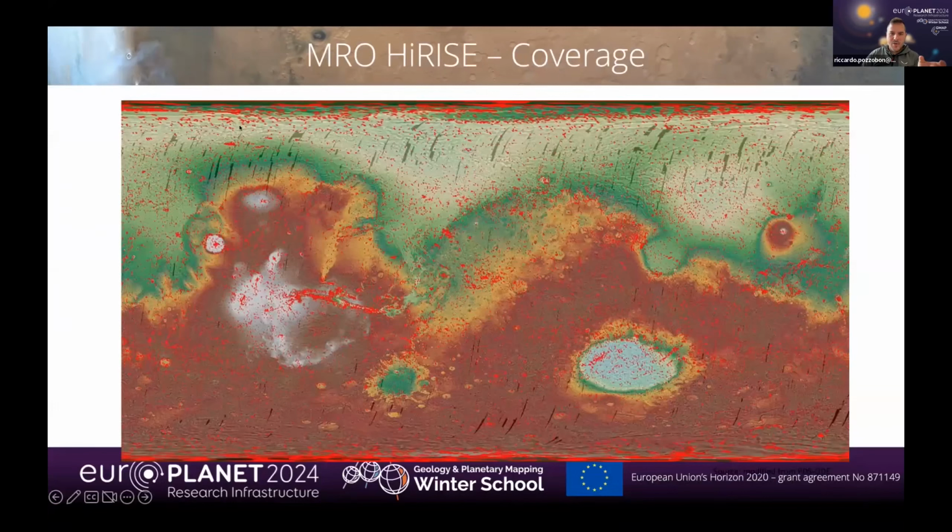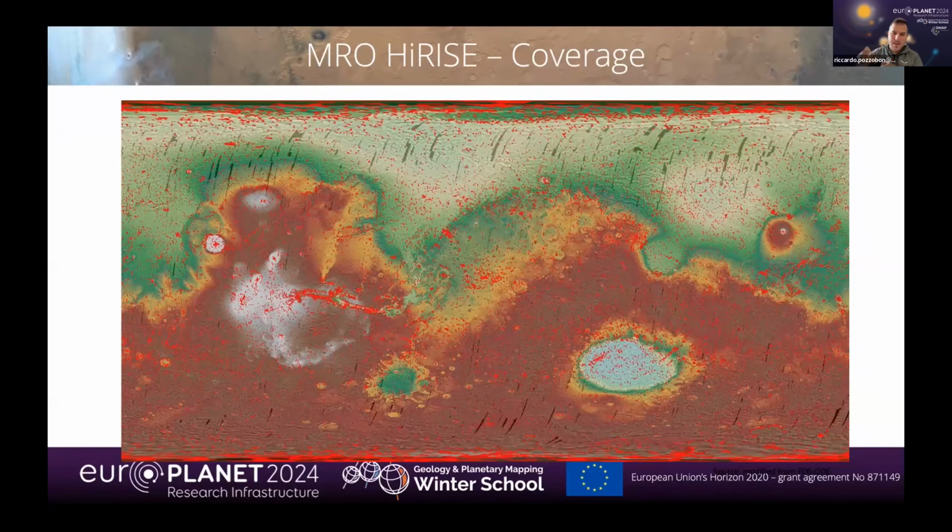And this is why the coverage is so limited. I said about the mock before, you basically have to balance all the time the disk space or the memory space you will have on board the satellite. That also has to be balanced with the other instruments. Also, you have to take into account the transfer data rate from Mars to the Earth, which is not fast. And so you have to really target and prioritize in a very careful way